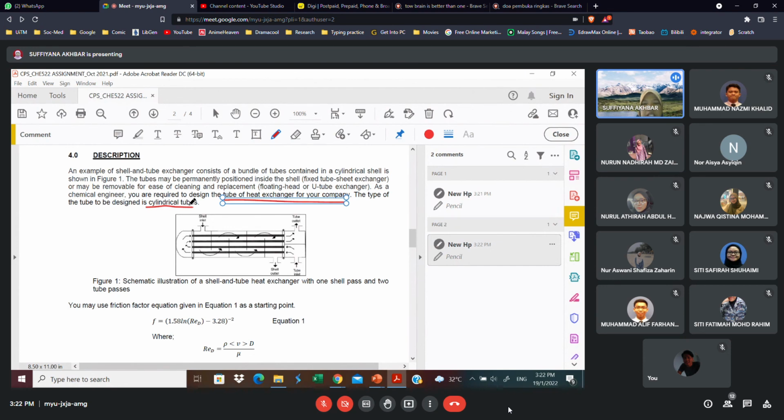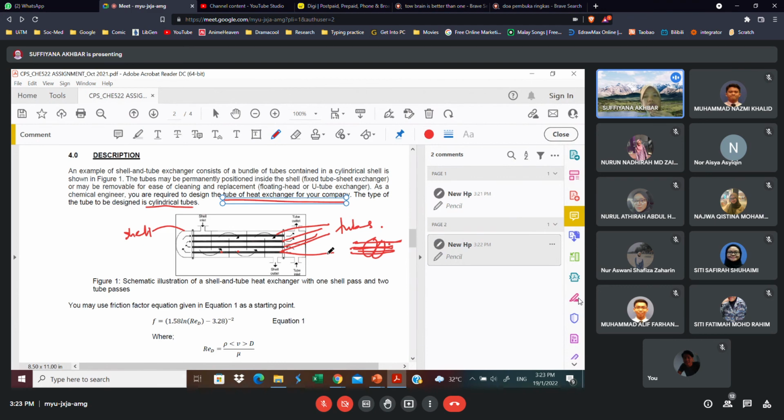Okay, so kalau heat exchanger, saya rasa dah belajar dalam thermodynamic ataupun heat transfer. So yang kat sini, yang outer ni adalah shell. So inside the shell kita ada tubes. So the dark color ni adalah tube lah. Tubes ni sebenarnya dia banyak, dia bukan sikit. Maksudnya, kalau katakan yang satu saya ambil yang ni, dia mungkin consist of 100 tube, and then dibundlekan, baru dia bentuk yang ni. Maksudnya dia bukan satu, dia banyak. Itu cara dia. And then either dia permanently position kat sini ataupun kita boleh removal.